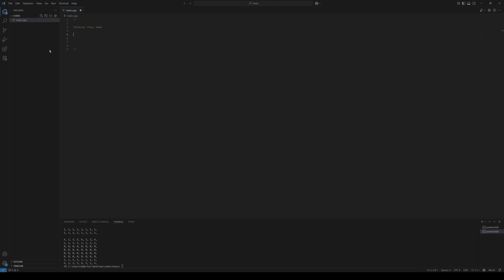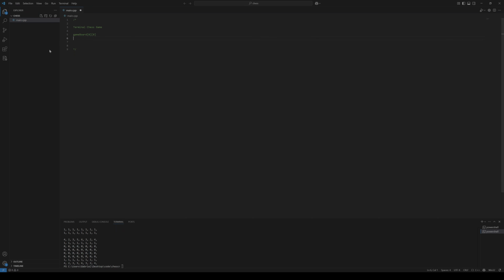I'm going to have a game board, which is going to be a structure, right? It's going to have an 8x8, and yeah, we'll talk about it as we go along. For now, let's just get #include